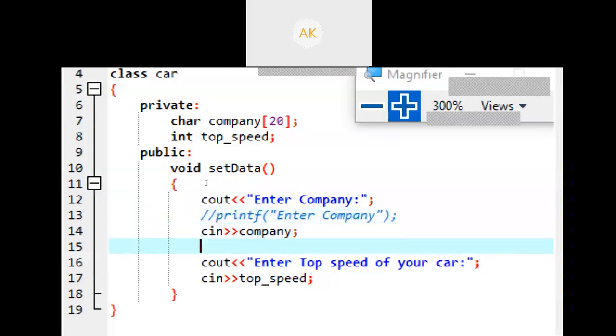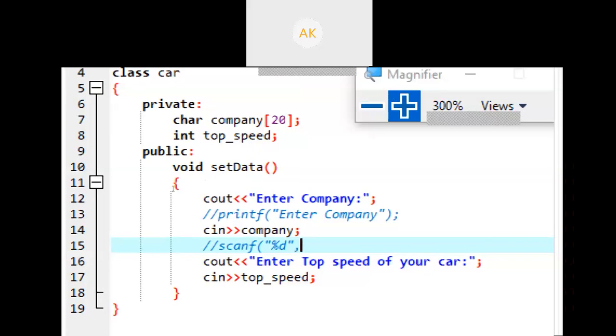Okay, in the same way, in C we use the scanf function to read data from the user. So we use scanf with percent %d. Which kind of data? If it is decimal, then we use the format specifier percent %d. Then your variable name.